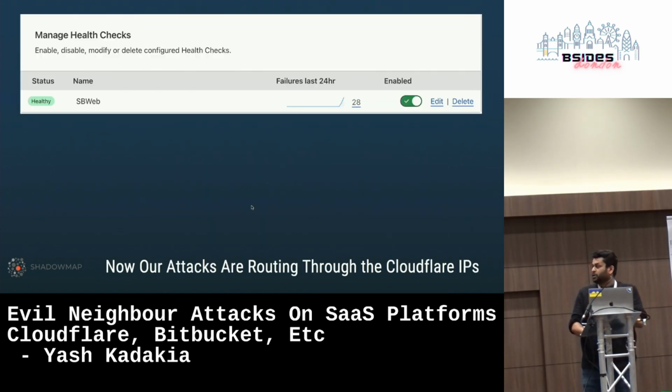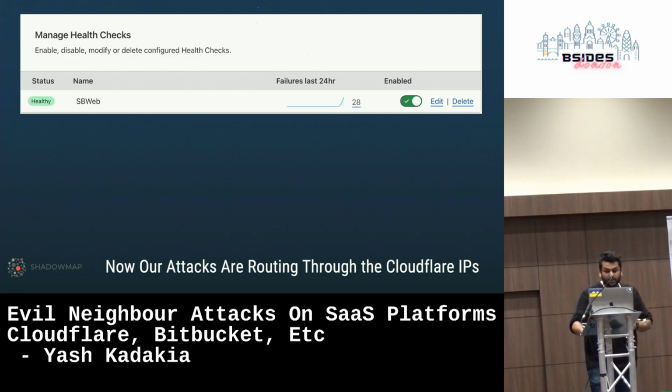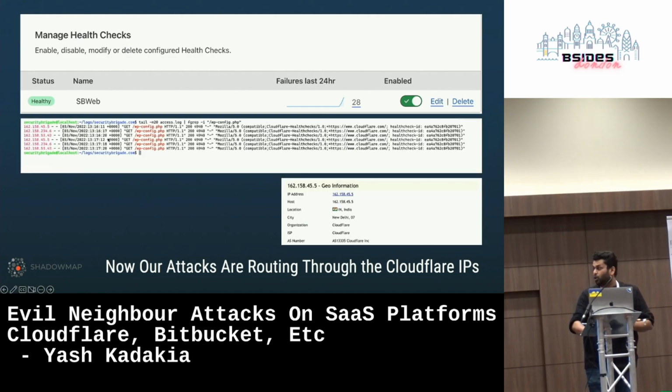And once you do this, you're essentially going to start seeing the response comes back and says it's healthy, which basically means it was able to hit that file and got a 200 OK response versus a 4xx or 3xx or 5xx or 2xx or anything that's limited, right? On the server end, you can look at the logs, and the logs will tell you that wp-config.php was hit, a 200 response got served, the health check ID that was used, which is the same ID as the health check I created, and the attacks are coming in from Cloudflare's IP addresses, owned by Cloudflare, which are the list of IP addresses that Cloudflare asks you to whitelist when you're implementing the WAF.